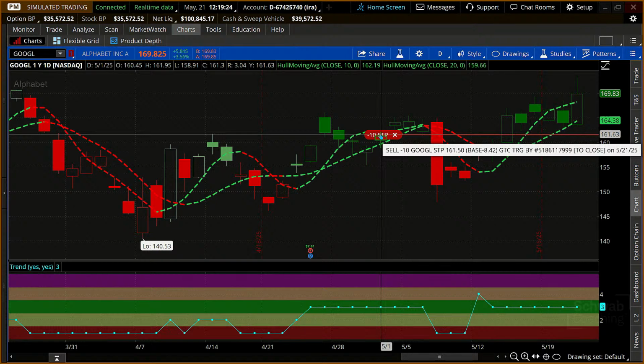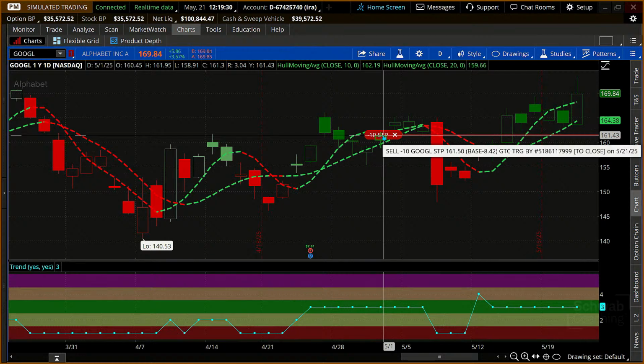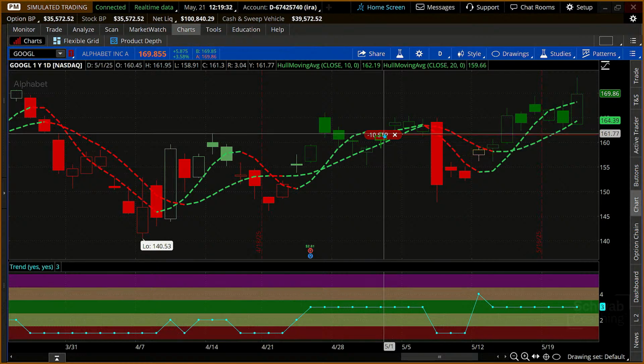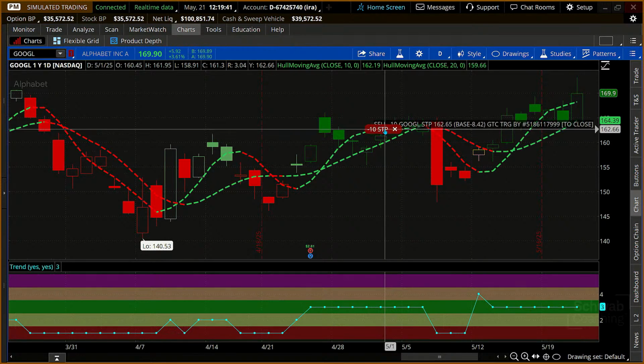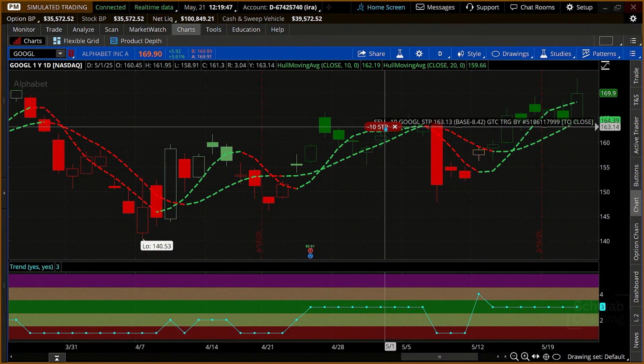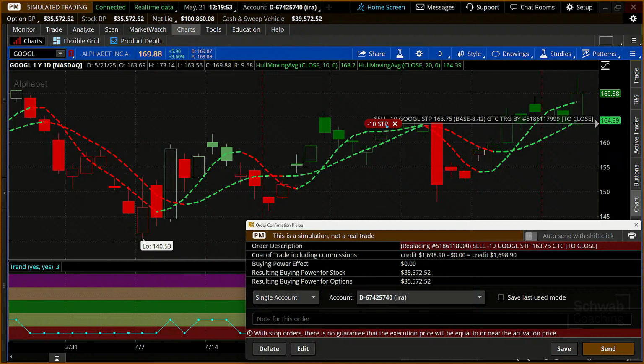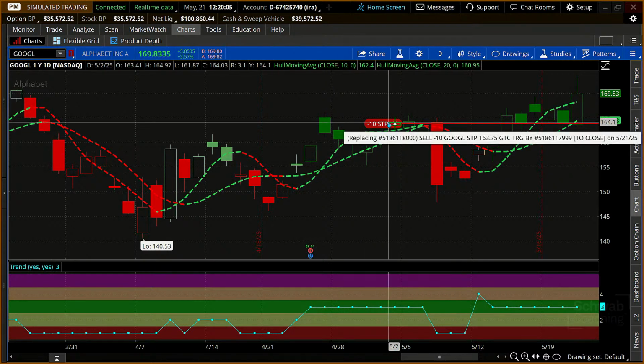Okay, now, one of the questions that we have sometimes is, well, can you cancel the stop? Sure, click on the X. Can you move up the stop? Sure. You can left click and do not click on the X. If you click on the X, it will cancel the order. If you left click on that minus 10 STP for stop, left click on that and drag it up, what it's actually doing is it's moving up the stop order. Now, if I let go now, it's now saying, hey, the stop is going to be moved up to 163.75. And if I say, okay, fine, send that order, what it does is it just moves up the stop.